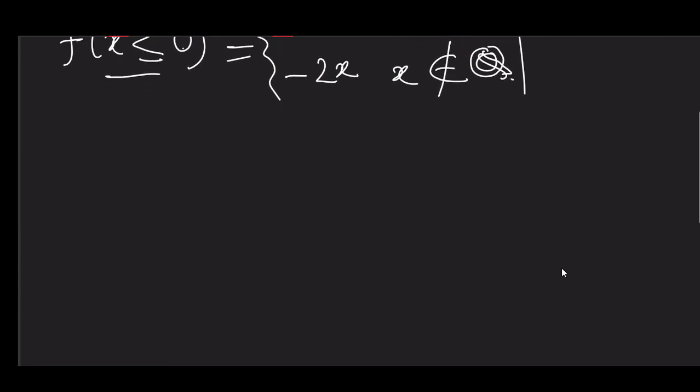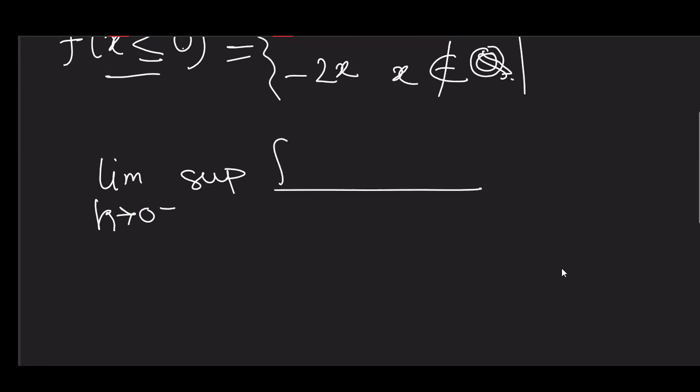So when we again define the same concept of limit superior, limit h tends to 0 minus, approaching from the left side, of f of 0 plus h minus f of 0 by h,